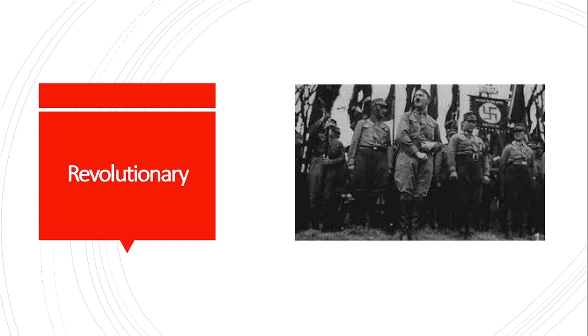The party was always a revolutionary party, seeking to overthrow the existing order and bring about fundamental change, and revolutionary in both the means and the end result. It was going to be a break from the past. In the early 1920s, it was more of a revolutionary party than a legitimate political party. Don't forget that in 1923 it sought to overthrow Weimar rather than participate in a democracy it detested.